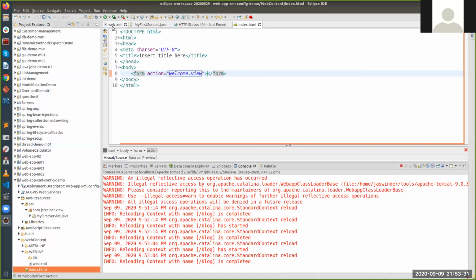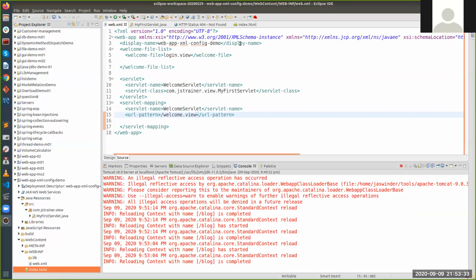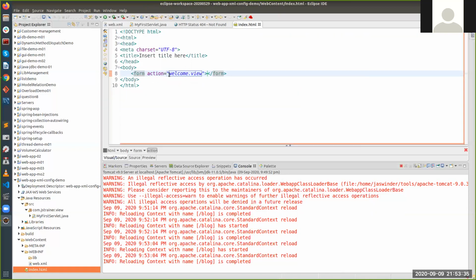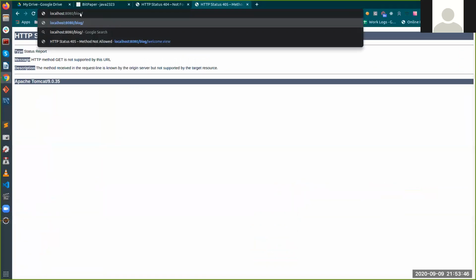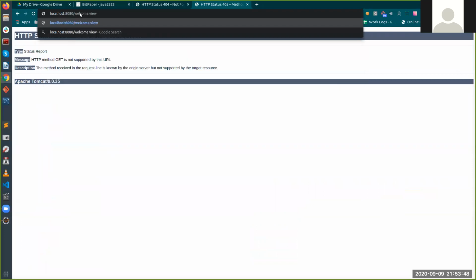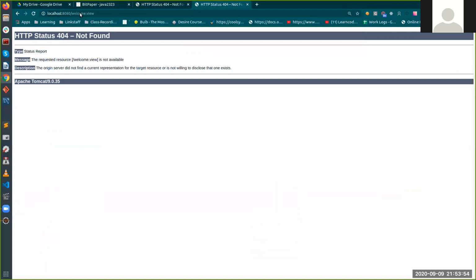Remember, in your web.xml, you wrote it as /welcome.view. Don't write it here with a slash. In this case, it is going to run in this form, and this welcome.view will be considered after your server path, right? So this will be an error. It won't identify the application itself, 404.